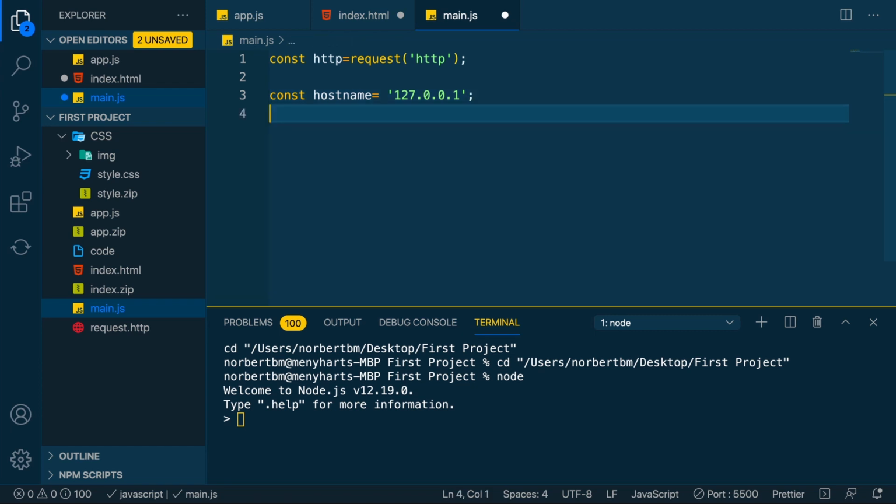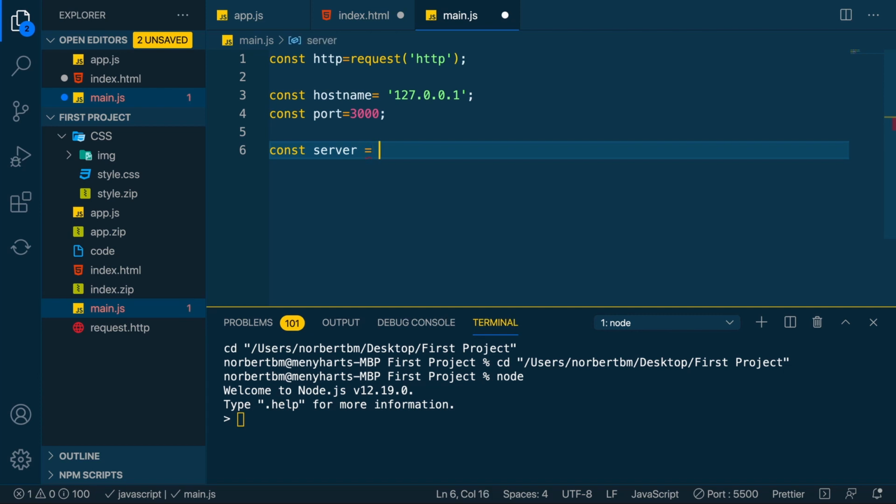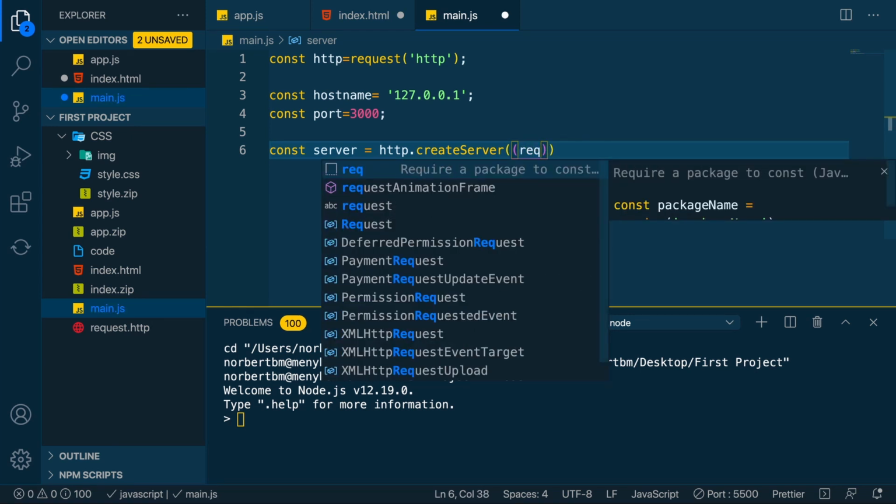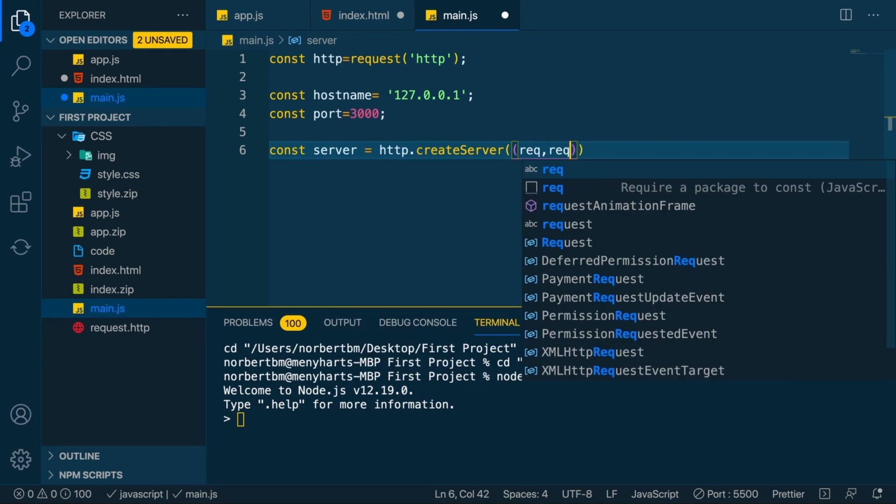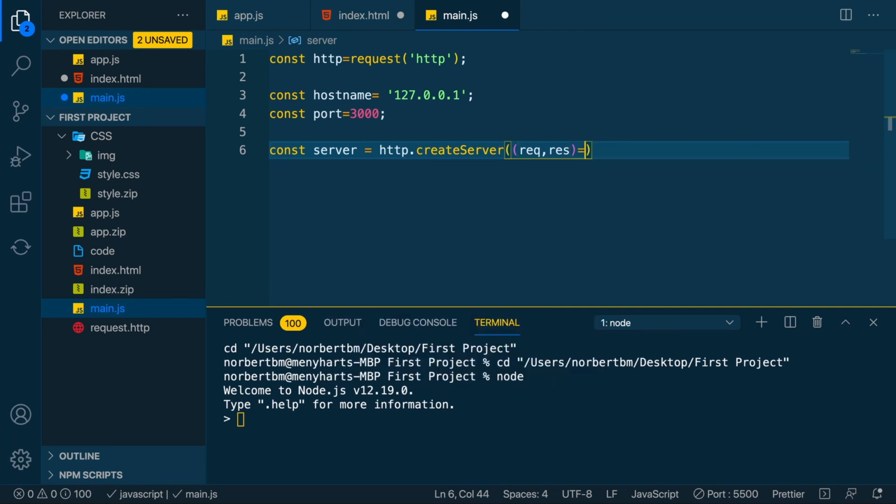Close this one up, and then another const for the port. So port, we're going to set it to 3000. Close this one up, and now let's go to our const server, and let's set this to http.createServer. I'm going to set in here a callback function, request and response, and now an arrow function, and we'll set this to a